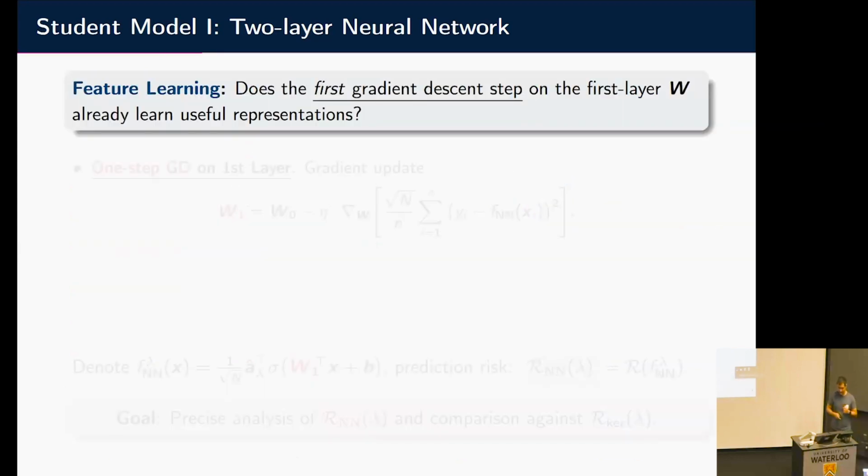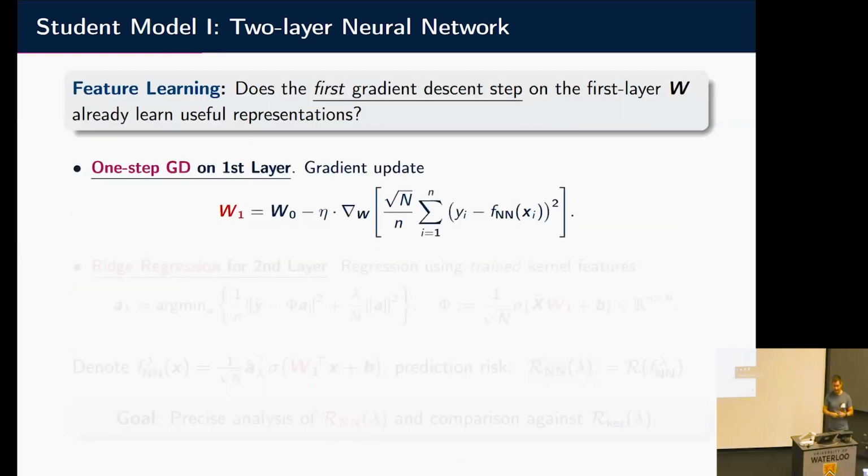And that is through optimizing the first layer weights, which is a gradient descent on the first layer weight. So this is the training procedure that we're going to stick to for the 2-layer neural network. So we do 1-step gradient descent on the first layer. Only 1 step is sufficient. You can do more steps as long as the number of iterations is constant. But for simplicity, we're going to just take 1 gradient descent iteration, and this is going to be the